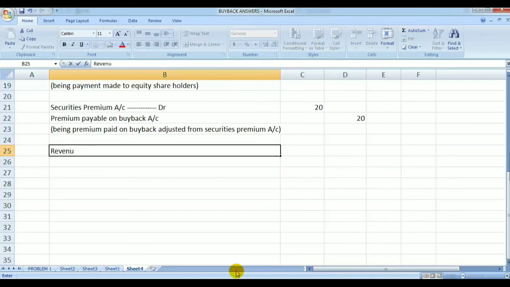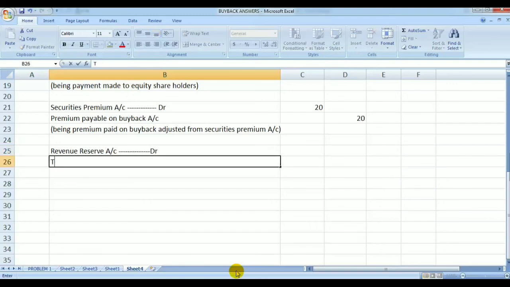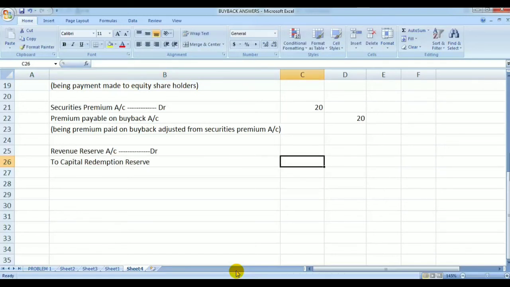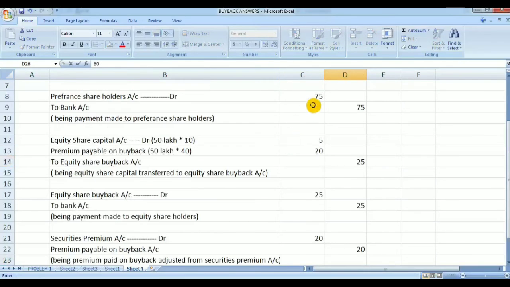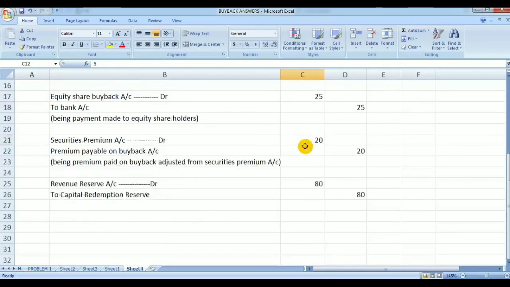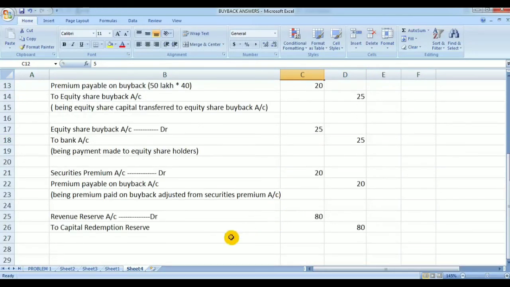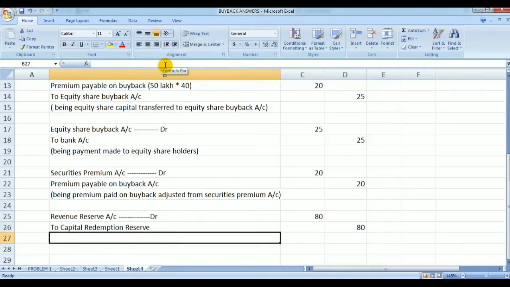We will debit revenue reserve account and create a new reserve, capital redemption reserve. The amount for that will be 80 crores. How have we arrived at 80 crores? 75 crores for preference shares and 5 crores for equity shares. So we will create an 80 crore reserve, and the entry for that will be: